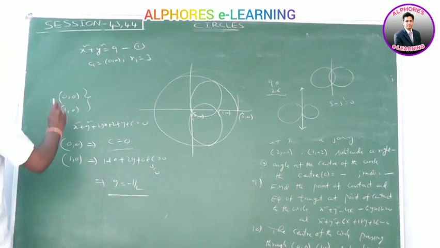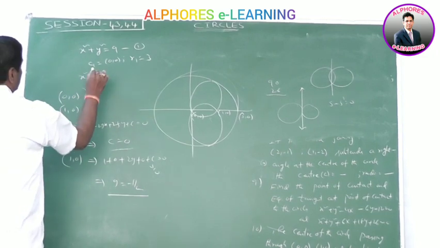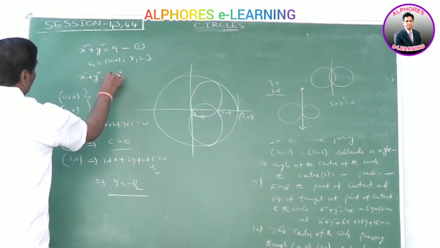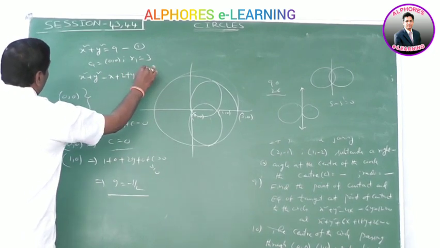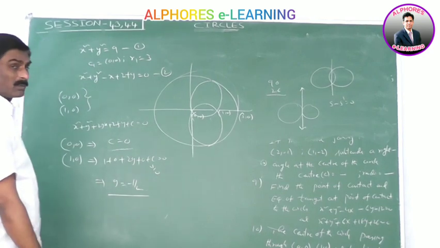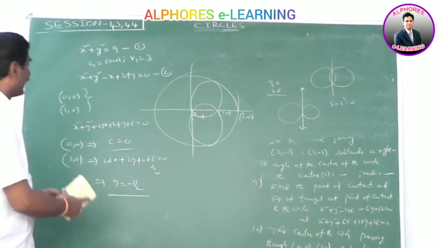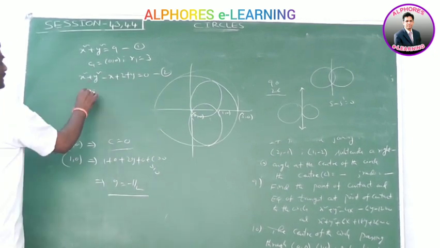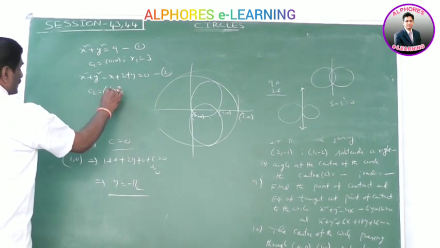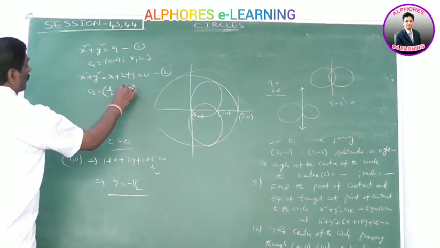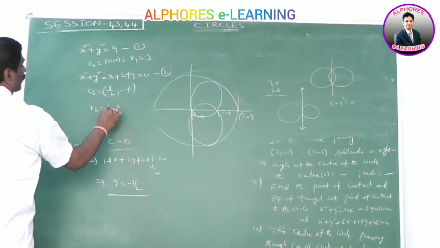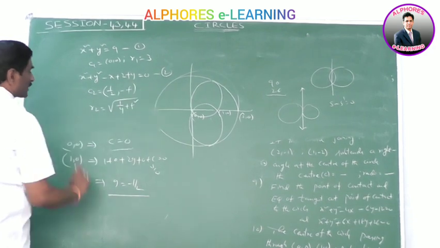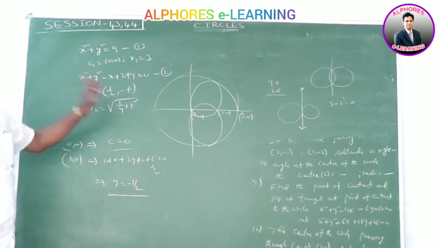So in this case the equation of the second circle is x square plus y square plus 2gx, means 2 into g into minus 1 by 2, means minus x, plus 2fy, c means 0. It is the equation of the second circle. Please note this point. Here the unknown value is only f. Here C2 is equal to minus g comma minus f, means 1 by 2 comma minus f. R2 is equal to root over g square plus f square minus c, means root over 1 by 4 plus f square.